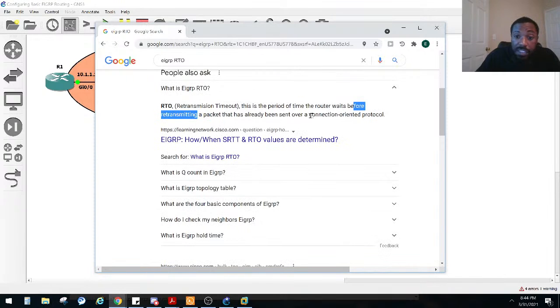Because remember, TCP is a connection-oriented protocol. And, damn, what's the other one? I got a brain fart. The other one is a connectionless protocol. And that is not TCP, but